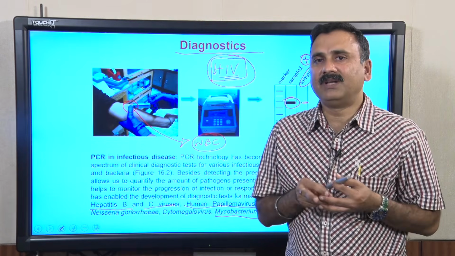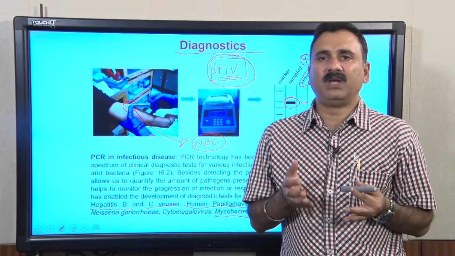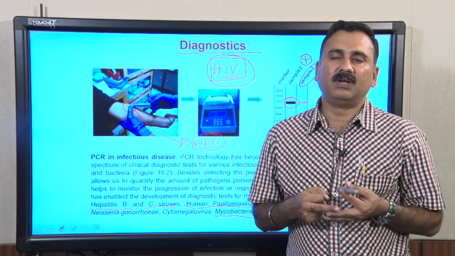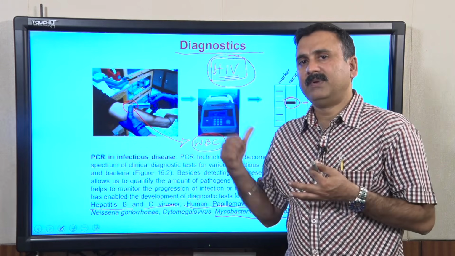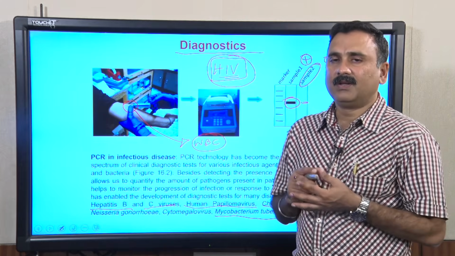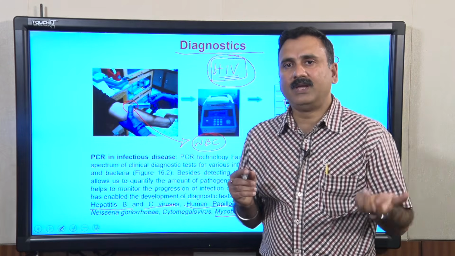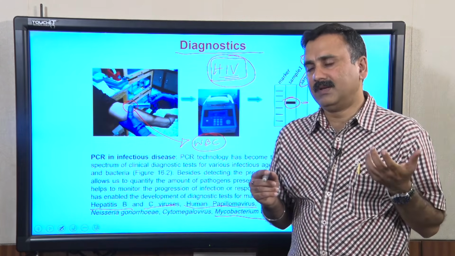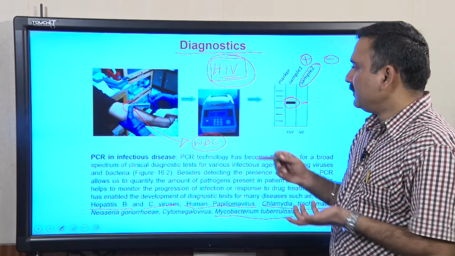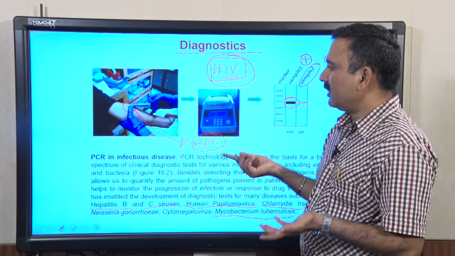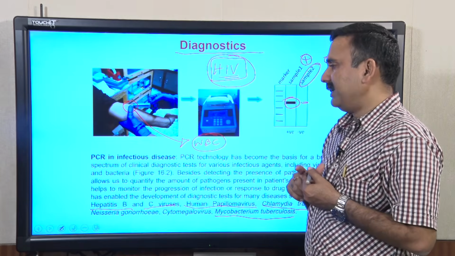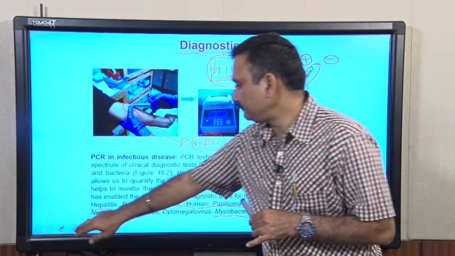As long as you have that specific sequence, you can identify that particular sample by doing the PCR amplifications. The way you do the analysis is very similar: you get the organism and then you do the PCR amplifications.